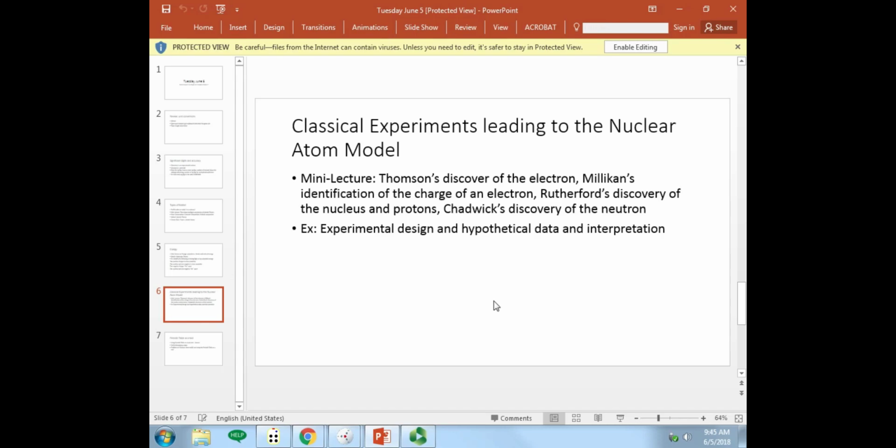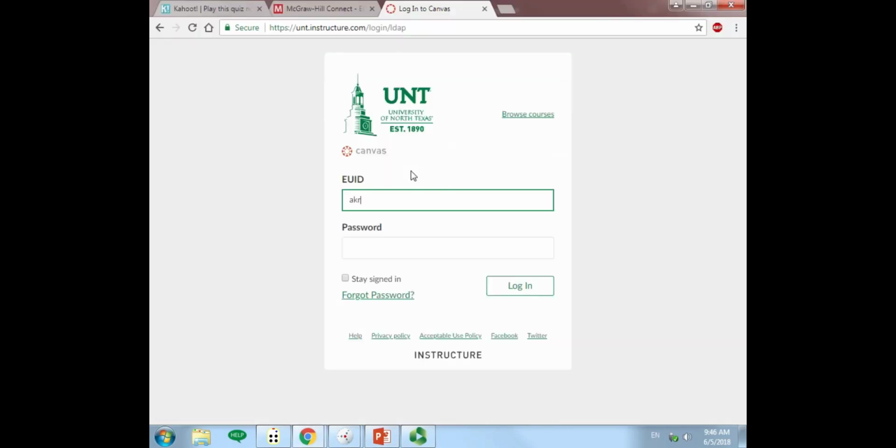He knew the nucleus was made up of something positive he called protons, but there was something else in there. And he wasn't sure what that was. The mass of the nucleus didn't add up to the masses of the protons. There was something else in there. But it would take another 30 years or so to figure that out. In the meantime,